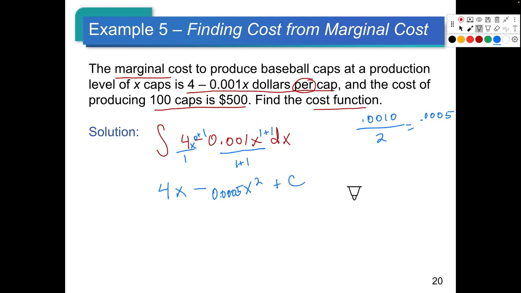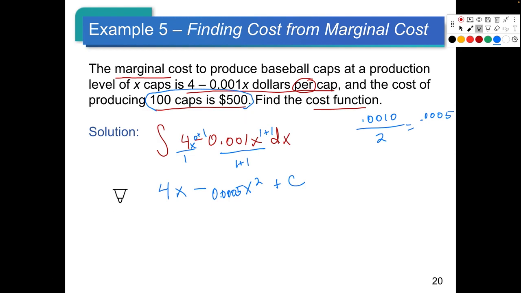So that is our cost function. But would you run a business that you didn't know what your fixed costs were? I wouldn't. Maybe it's $10,000 to rent the place, or it could be. If I get charged $10,000, I can't make any profit on a hat. So we need to know what that constant is, and the way we figure it out is they told us